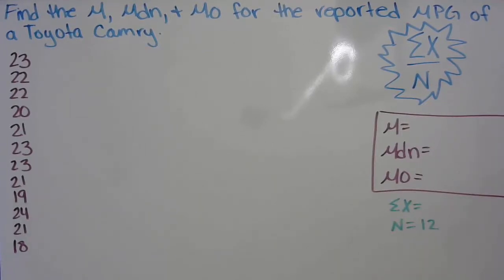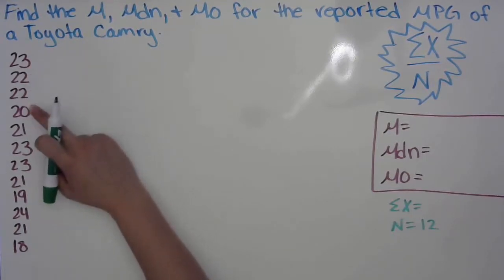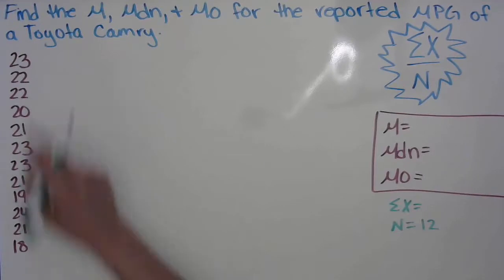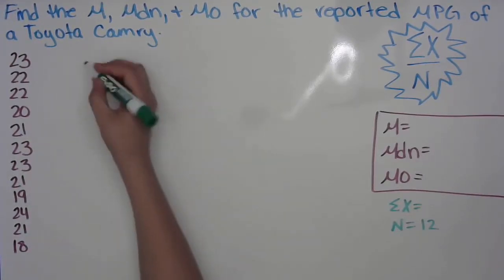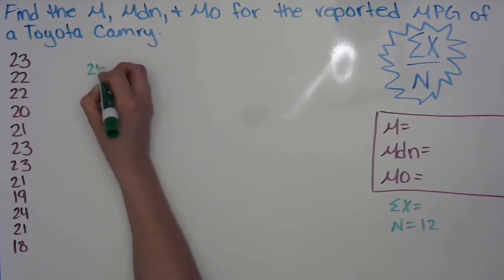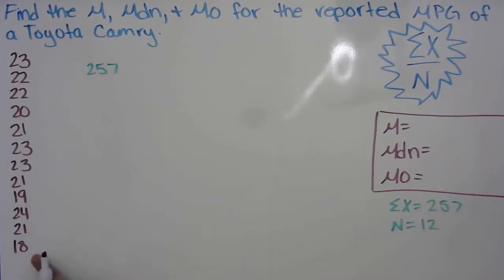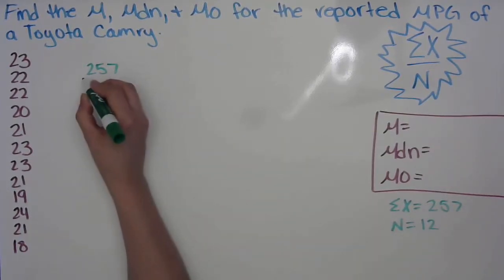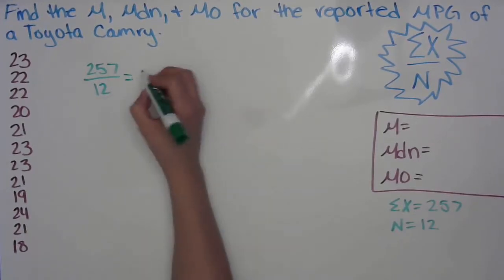Okay. Now let's add all of these numbers up. So 23 plus 22 plus 22 plus 20 plus 21 plus 23. When you add all of those numbers up, it is going to give you 257. Okay, so 257 is what we get when we add all of these numbers up. Okay, so now we have everything that we need. So we can take 257 and divide that by 12, and that is going to give us